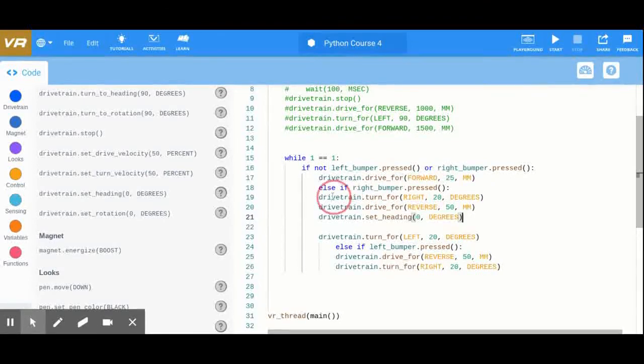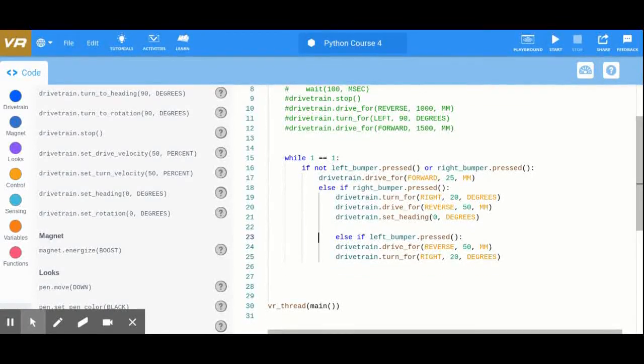If it was the right bumper, then this also has to get indented. Then we tilt to the right a little bit, back up, and then reset the heading to straight north, wherever we are. If we've gotten bumped and we're out of place, doesn't matter. The gyro sensor will reset you back to north. Good, and I'm going to get rid of this. So now,